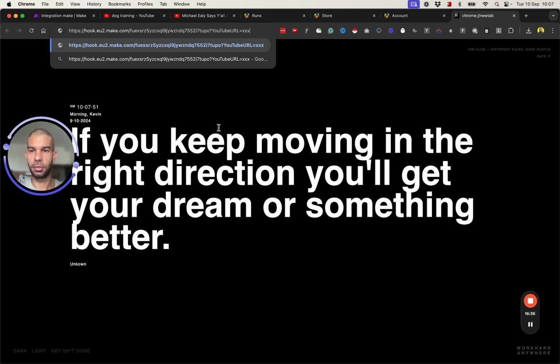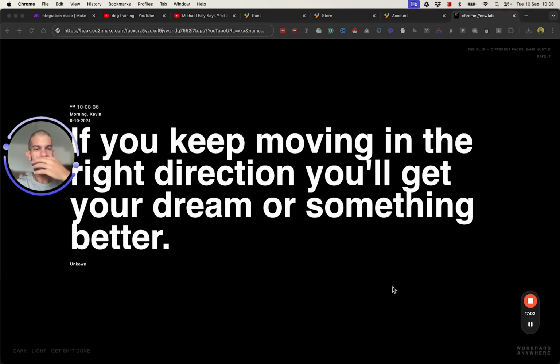And that's pretty much it. So all I did to make this work is I added a question mark so I can pass different parameters. I then added the key, which is YouTube URL, and the value will be xxx. If I want to add more parameters, I can add an ampersand and say name equals